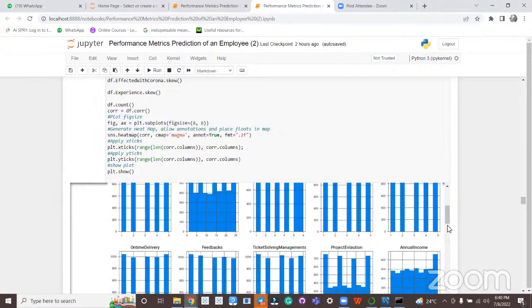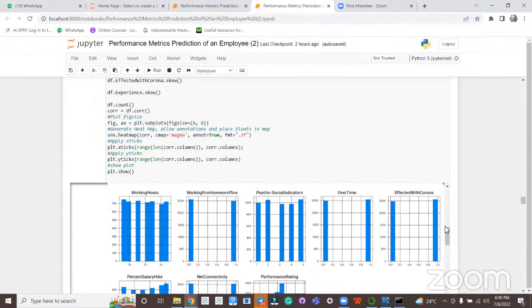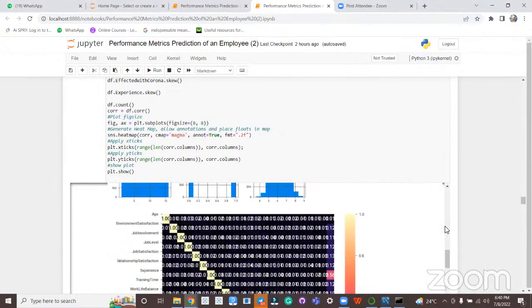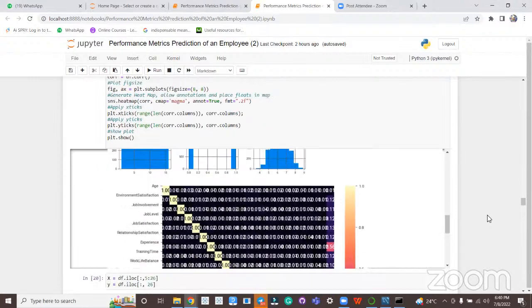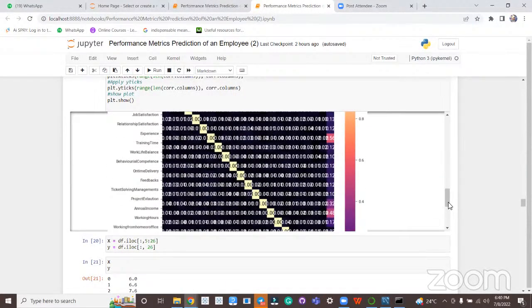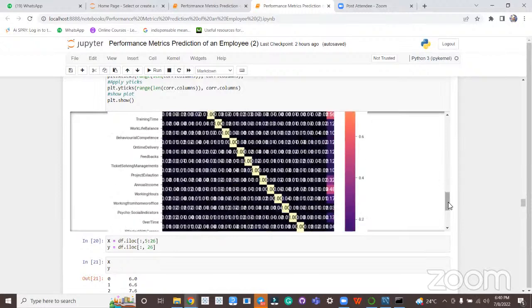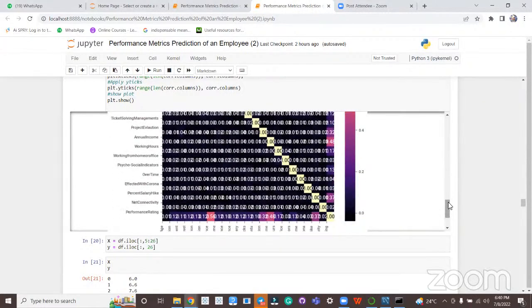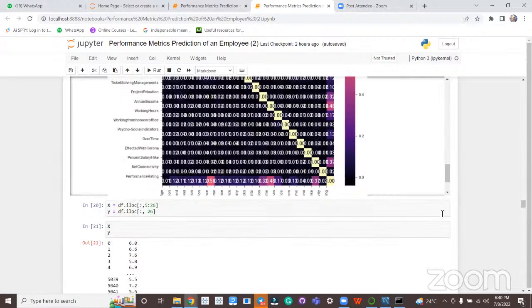We can scroll down and see all the visualizations here. This is the heat map. Because of the space constraint, you're not able to see the numbers appropriately, but when we zoom in, we'll be able to see the numbers. Moving on,